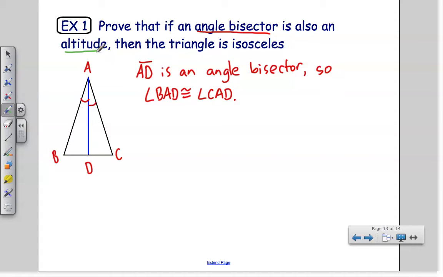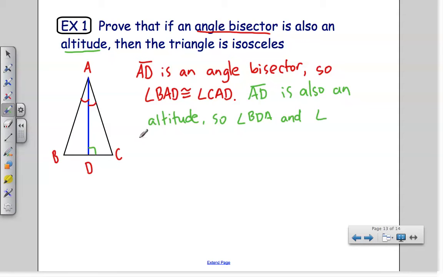All right, what about the fact that it's an altitude? AD is also an altitude. And what does it mean to be an altitude? It goes from the vertex at a right angle to the opposite side. Well, wouldn't that mean that these are both right angles? And we know that right angles are congruent. So angle BDA and angle CDA are right angles